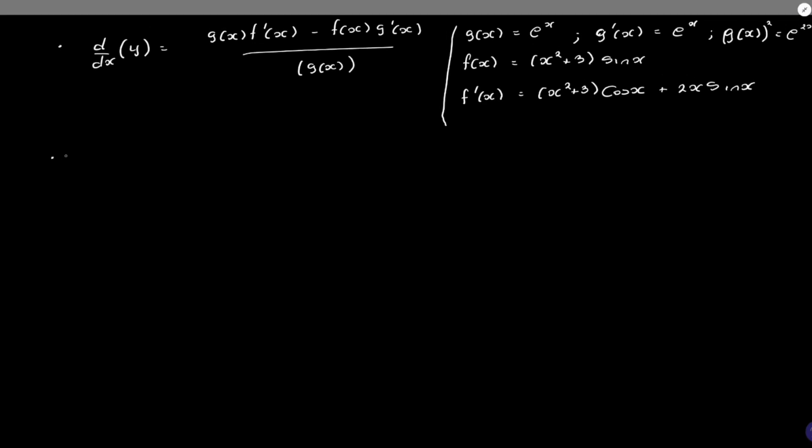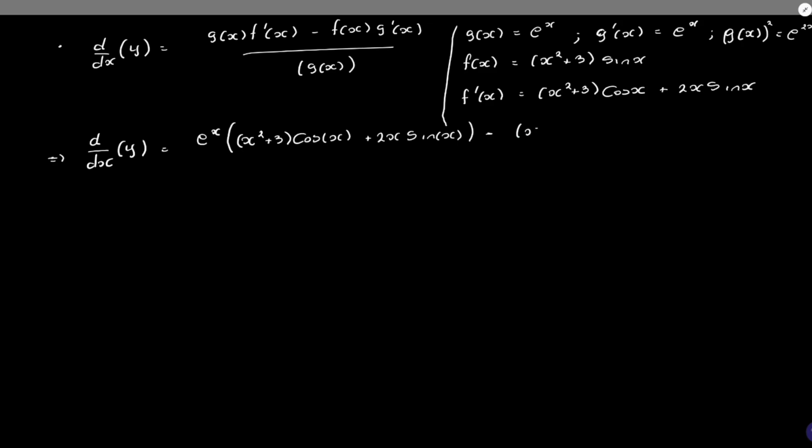So we can then substitute. This implies that the derivative with respect to x of our function y gives us g of x times f prime of x, (x squared plus 3) cos x plus 2x sine x,